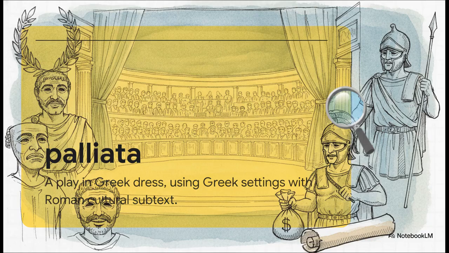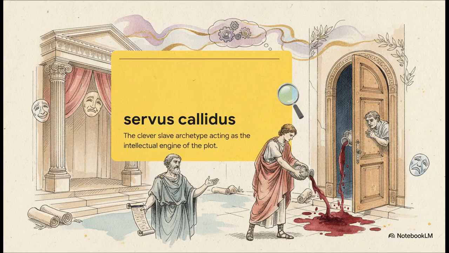So why does this matter to us? Because this specific structural framework establishes a universe where subverting authority is temporarily allowed. It provides the exact architecture necessary for lower-class characters, like parasites and slaves, to intellectually completely dominate wealthy bankers and heavily armed soldiers. And sitting right at the center of this framework, we have Palinurus.